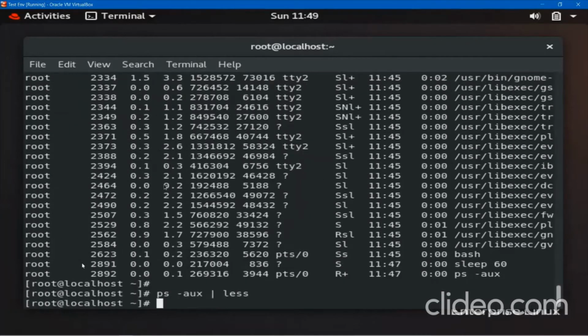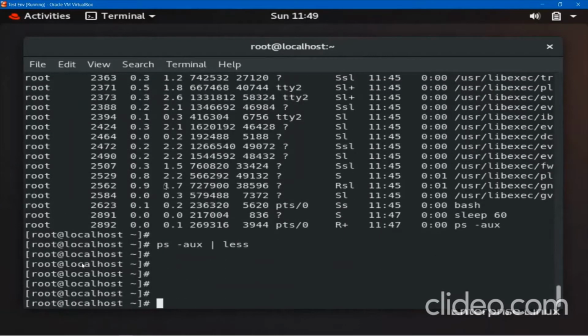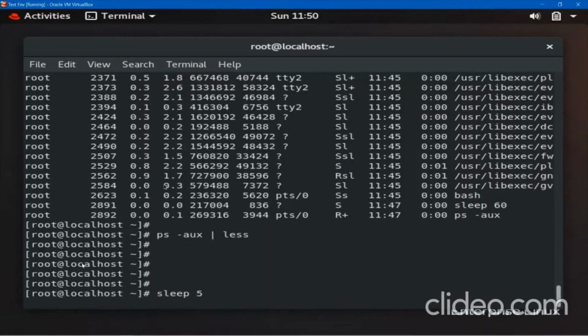Okay, so now suppose your program will take 30 seconds. For this, how will you put your program in the background? I am just giving an example. The sleep command is one which will pause the prompt, so I can do sleep 5. It will pause the prompt for 5 seconds. But if I want to run this process in the background, so that during those 5 seconds I can also execute some more programs.